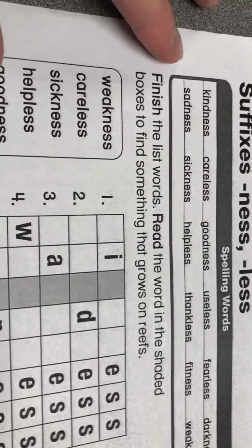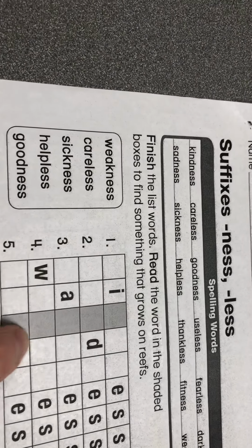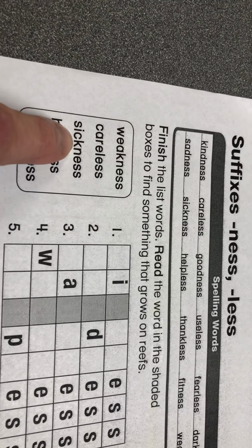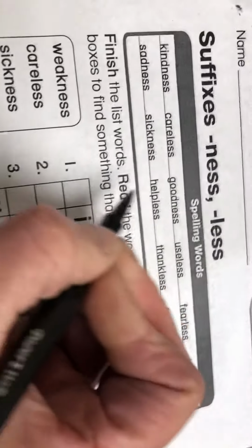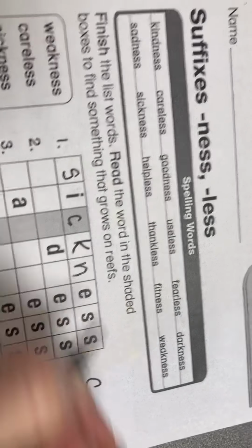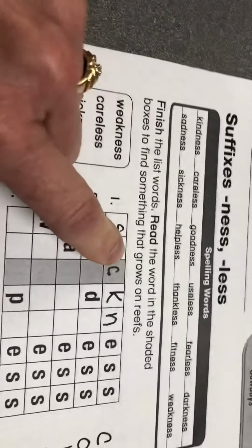All right, now let's go to the back. You're going to finish the list words. So these words, second graders, go into here. So which of our spelling words has the letter I second? Right, sickness. Okay, so you just write sickness. Then the word going down is,